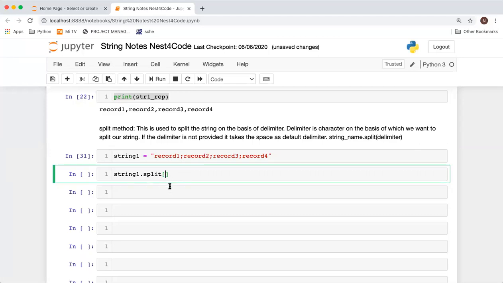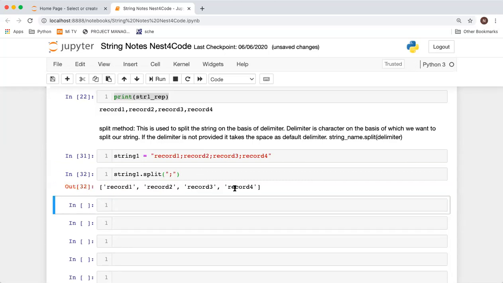So we'll split this, and to split we pass a delimiter. Because we know that all these records are separated by semicolons, we want to split this string based on the semicolon, so we'll pass the semicolon here. Let's execute this, and this is how we got all these strings separately.